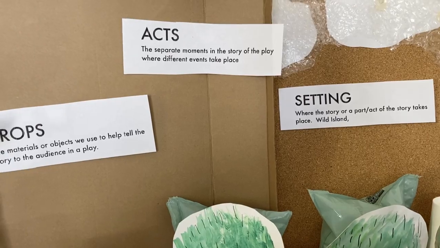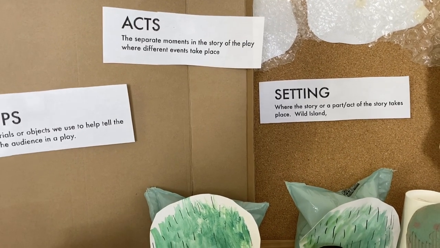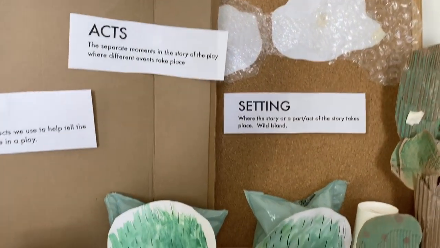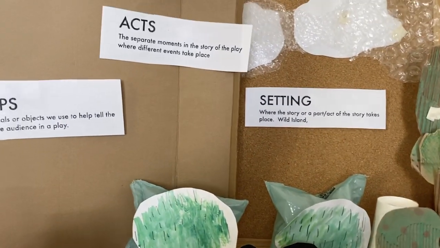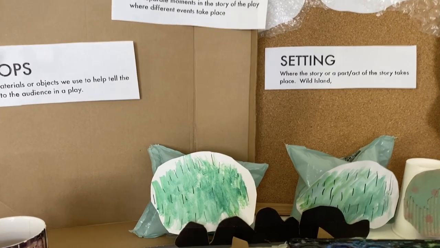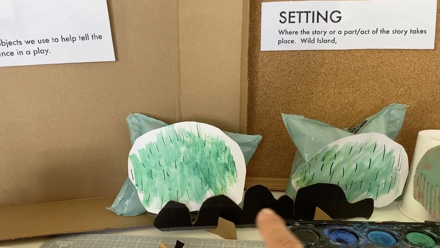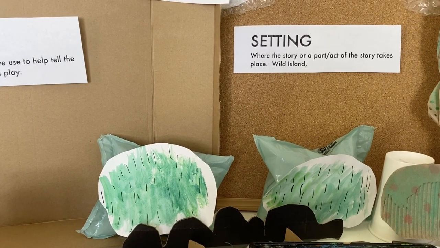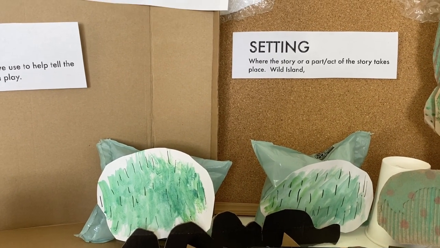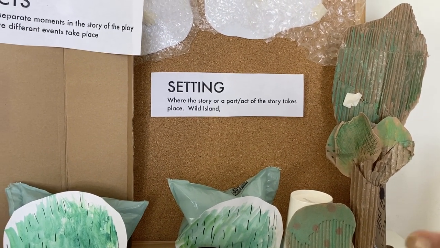The acts are the separate moments in the story of the play where different events take place. And I want you to think about how we can show physically how we change from one act to another. Like, I made some of the rocks right here that Elmer climbs on to get from the first setting of the book to Wild Island. And I'm going to need to put some tangerines on this tree, maybe to show